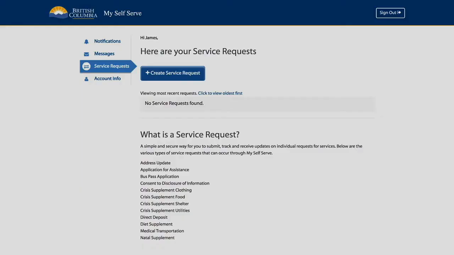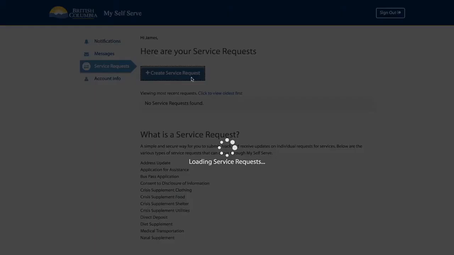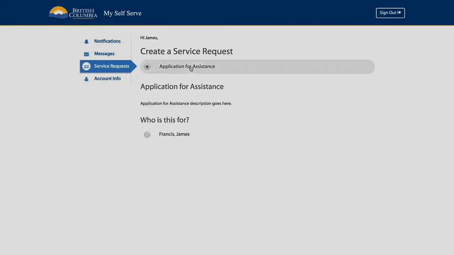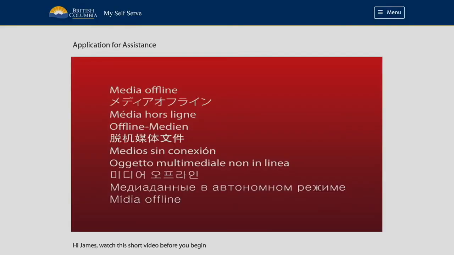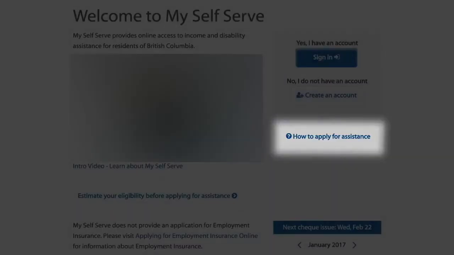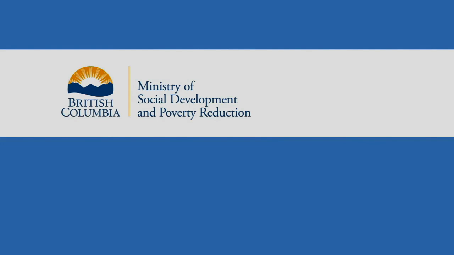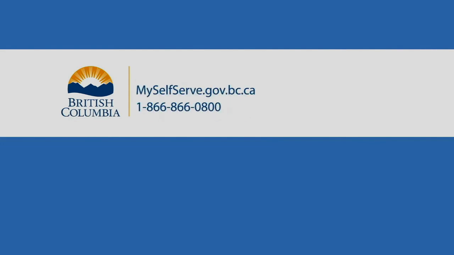Click on the Service Request tab. Create a service request. Select Application for Assistance and click Continue. The application will open and you can watch a short intro video to get started. It might be helpful to download the document checklist to help you know what documents you will be asked to provide with your application. For more information, visit the ministry website or call